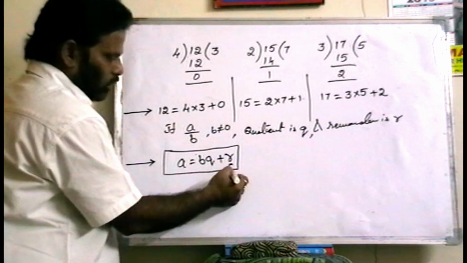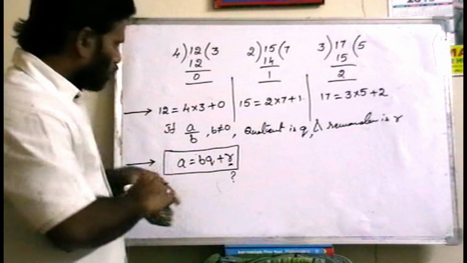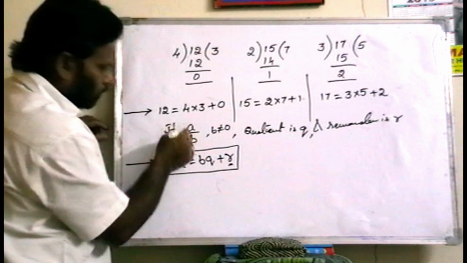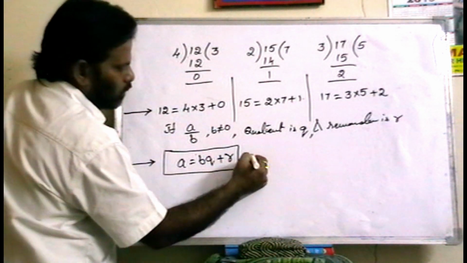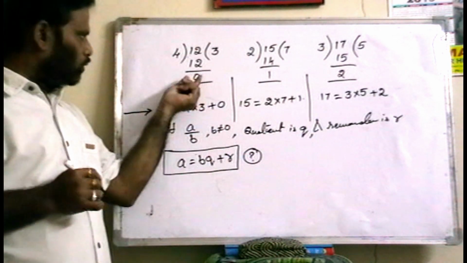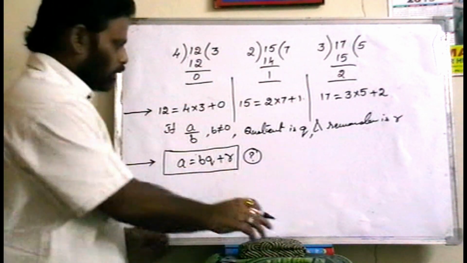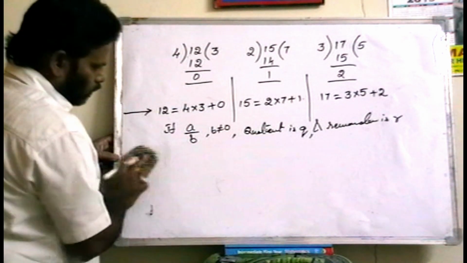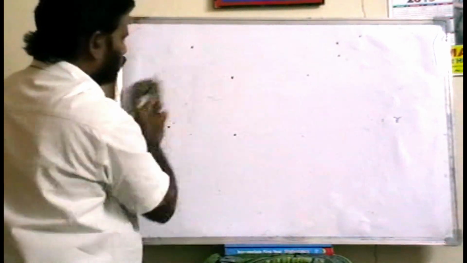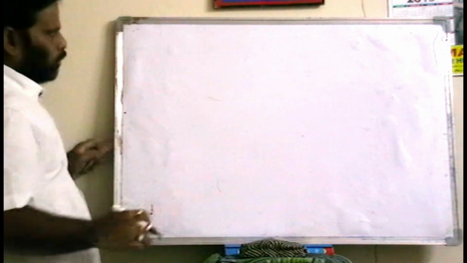Now R means remainder. The remainder depends on the division. In any division, how much is the remainder? Here the remainder value is 0, here 1, here 2. So the remainder depends on something. Now we'll discuss that remainder. Suppose any positive integer